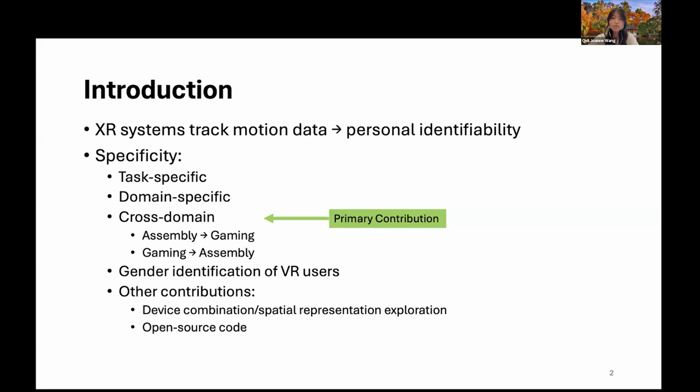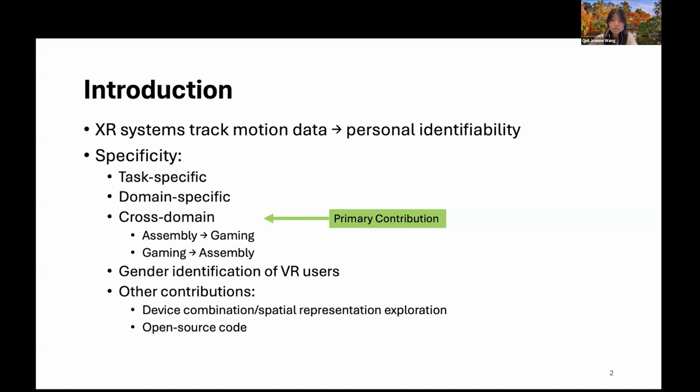Now, by nature of us conducting cross-domain experiments, we are using data sets with completely different participants, and thus we are unable to investigate personal identifiability. However, we have found that we can conduct investigation into users' attributes, and we selected gender as a research topic for various reasons, one of them being that prior researchers have found that males and females demonstrate significant differences that are pertinent to virtual reality, including but not limited to simulator sickness, color perception, wayfinding, spatial presence, and empathy.